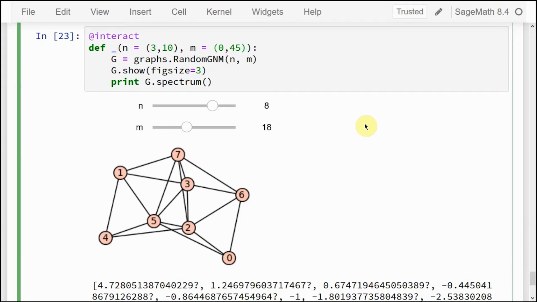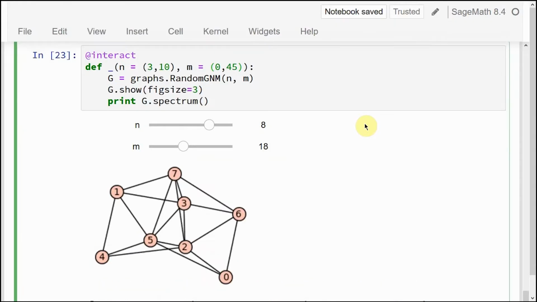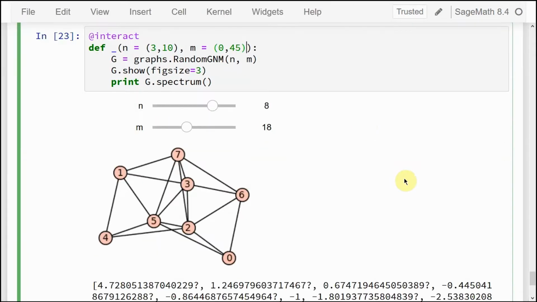Okay, so I'll show you how to make this stop giving me all the values in between while I change the slider. For that, I'll add just one more parameter to the function, which is auto underscore update equals false. By default it's true, that's why this is happening. So if I make it false,